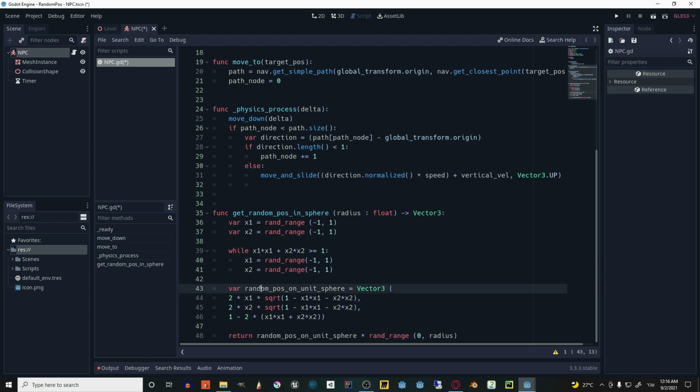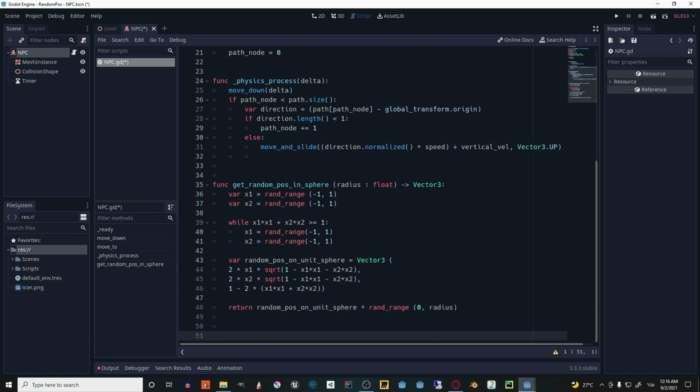We're going to create a new variable called random position on unit sphere, and for the Vector3 we're going to give it these parameters. Okay, and then it's going to return a random position on the unit sphere, this variable, and we're going to multiply it by the random range that is going to be between 0 and the radius we're going to give it. Okay, so this function is going to be,